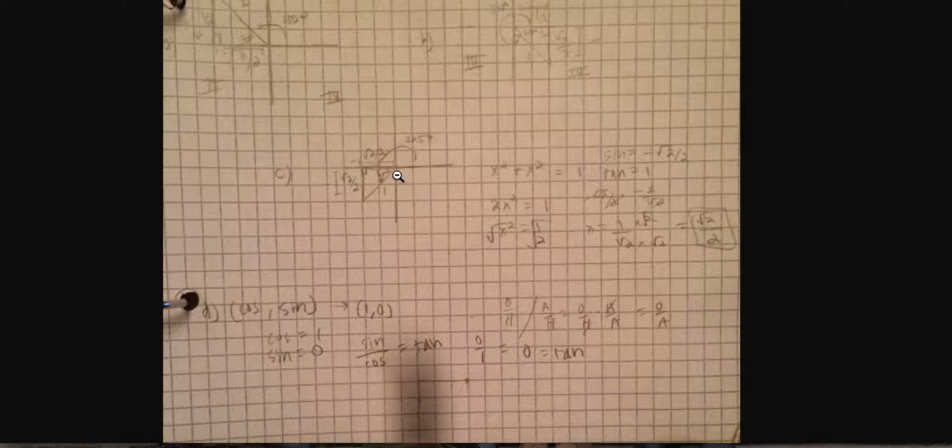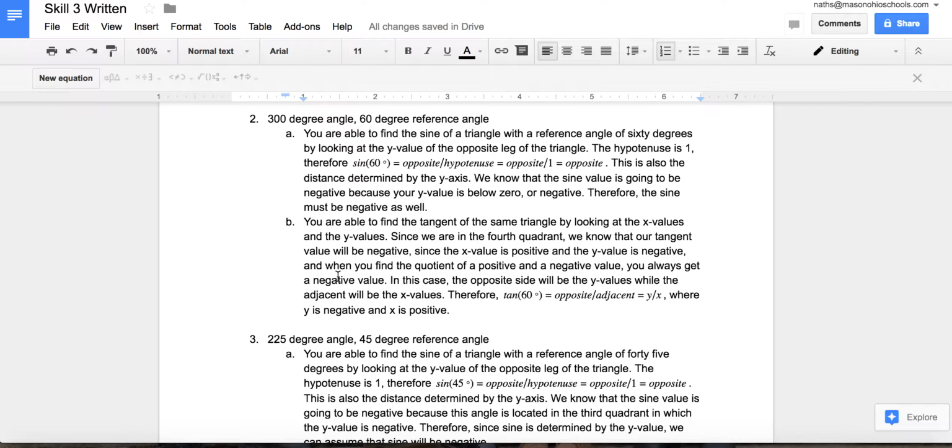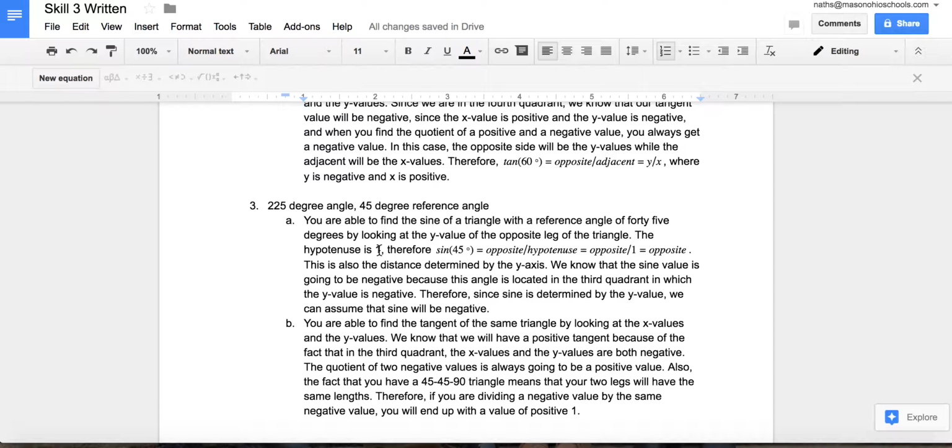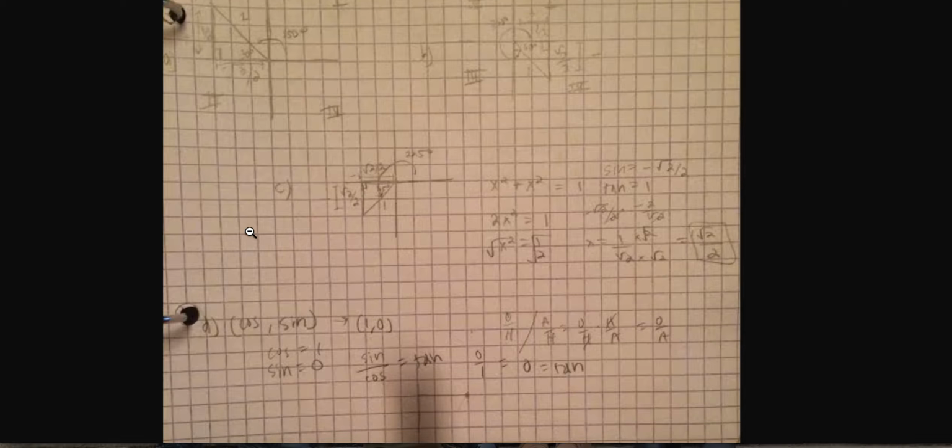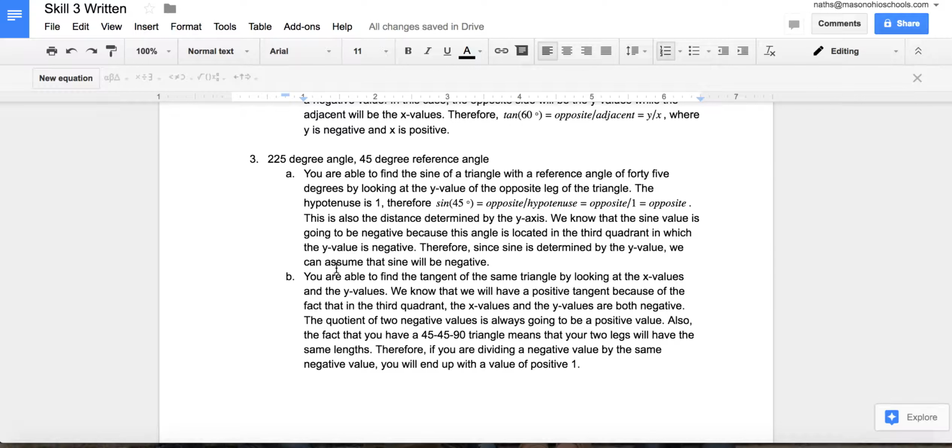Now for our next value, it's going to be a 45, 45, 90 triangle, 225-degree angle, 45-degree reference angle. So we know that it's going to be in the third quadrant. Hypotenuse is still 1, but here our x value and our y value are going to be negative. So for sine, we are going to have our change in y over 1, which is still our change in y. Both of the side lengths are going to be the same. Those are root 2 over 2, but they're going to be negative root 2 over 2. So the sine would be negative root 2 over 2,